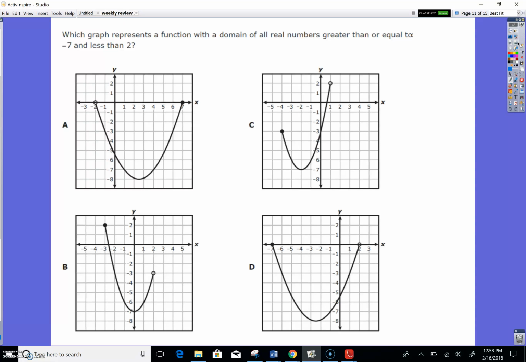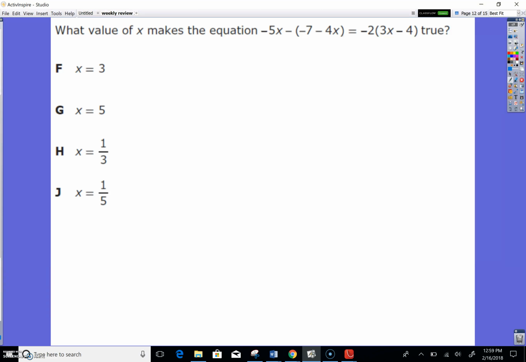Okay, which graph represents a function with a domain of all real numbers greater than or equal to -7 and less than 2? Domain, so we look at our x, okay? You see that? -7 and less than 2. Next, -5x minus